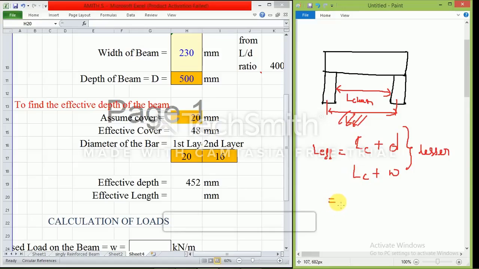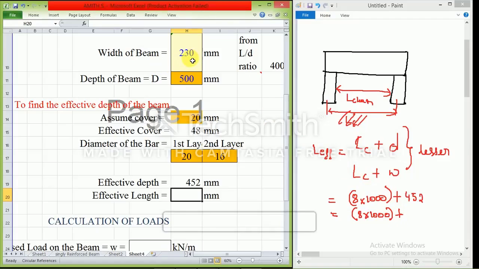So let me find out. So what is the LC? Length of the clear span is 8 into 1000, because it is given in meter. I am just converting it to mm, plus depth we have just found out, that is 452, or again same thing, clear span 8 into 1000 plus what is the width of the beam?